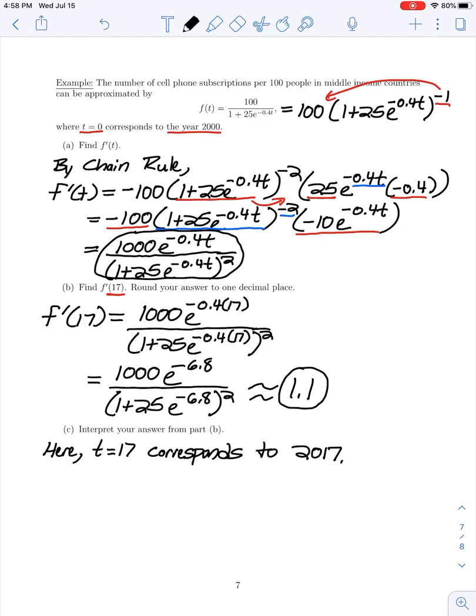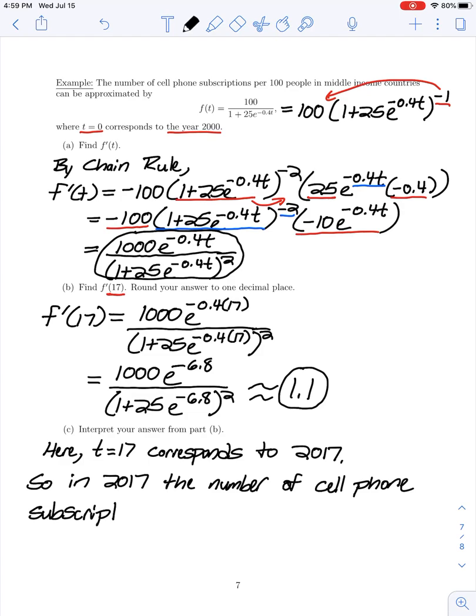So our answer for part B, the derivative of our function at time 17, represents a rate of change of the function f. That is, the rate at which the number of cell phone subscriptions per 100 people is changing. So we can say in 2017, the number of cell phone subscriptions is increasing. Here it would be increasing since our derivative in part B was positive rather than negative. So a positive rate of change means an increase at a rate of approximately